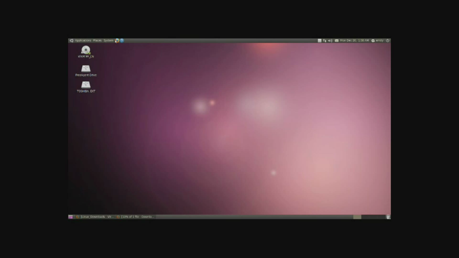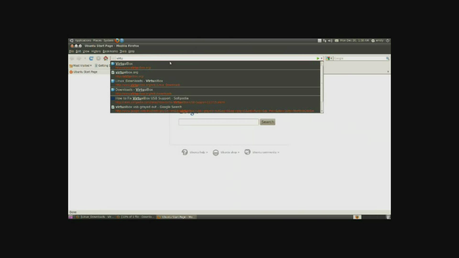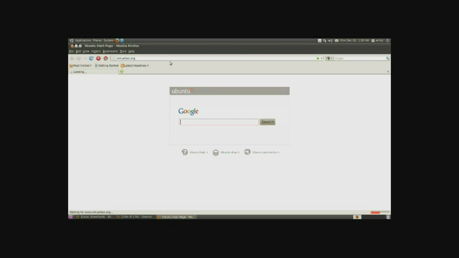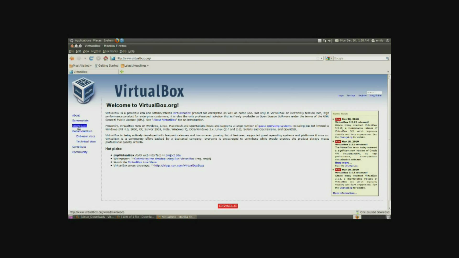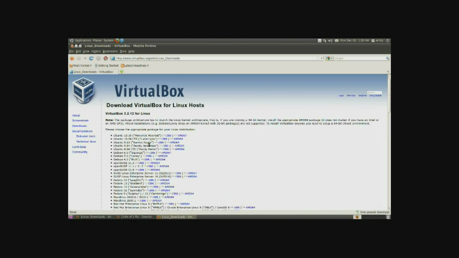In order to download it, what you're going to want to do is open up your internet browser. In my case, it's Firefox. You're going to want to go to virtualbox.org. Click on Downloads, and in my case I'm running Ubuntu, so I'm going to click on the Linux host, and I'm actually running Ubuntu 10.04, the 64-bit. If you're running the 86-bit, just click on that,